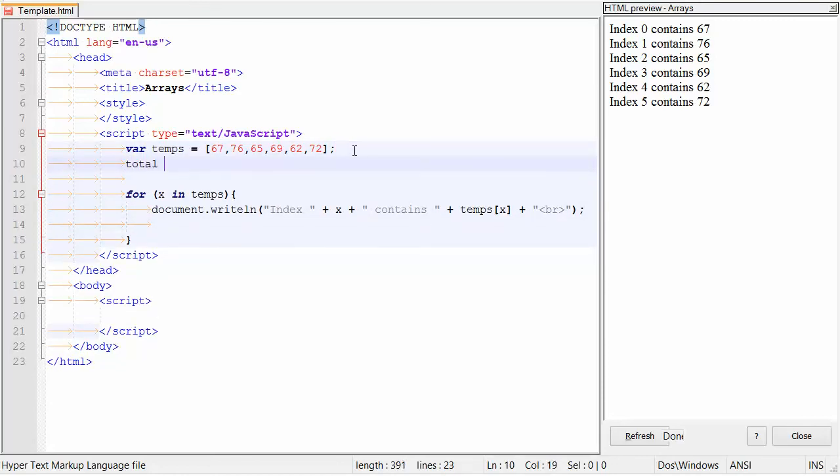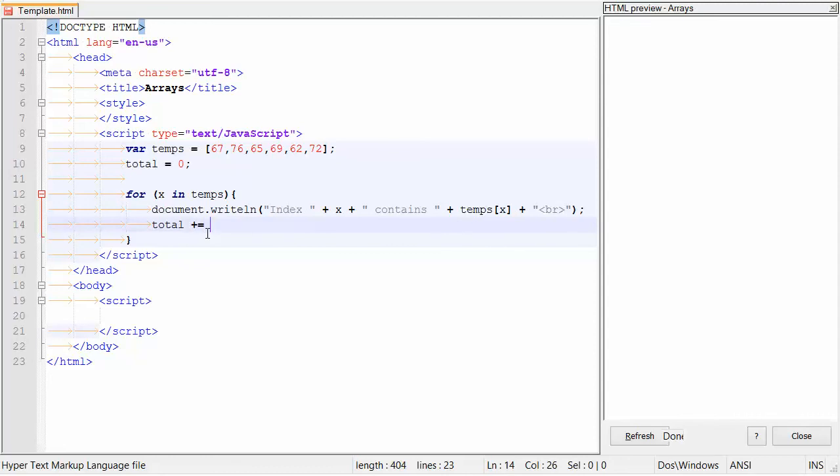As you remember, when we did running totals in one of the previous weeks, you need to save that total as a global variable, or at least outside of the for loop, so that it can have a running total that keeps getting added to each time it runs through. Then we'll use our assignment operator, the plus equals, which is basically total equals total plus, and then we want to start adding all of the temperatures to this. So in this case, we would be temps